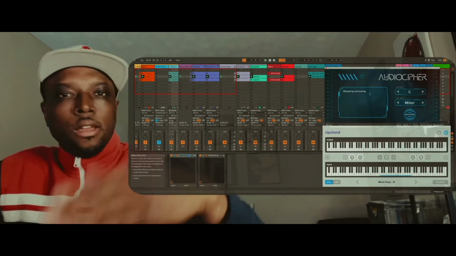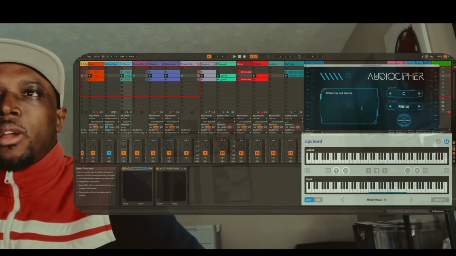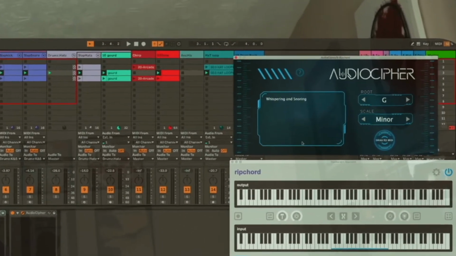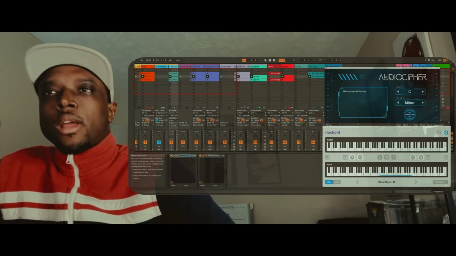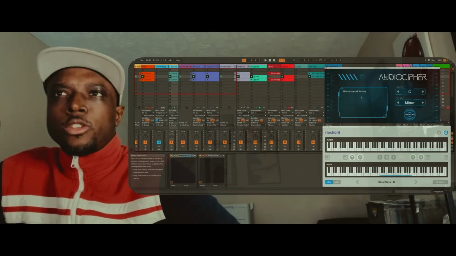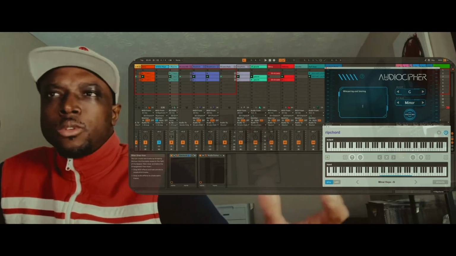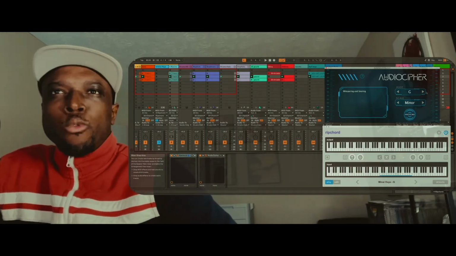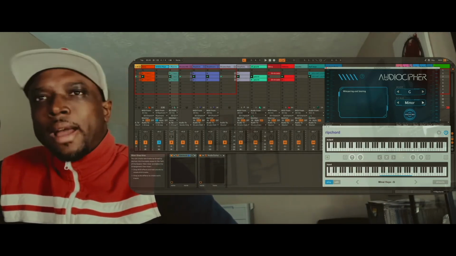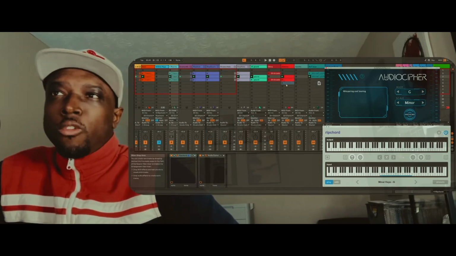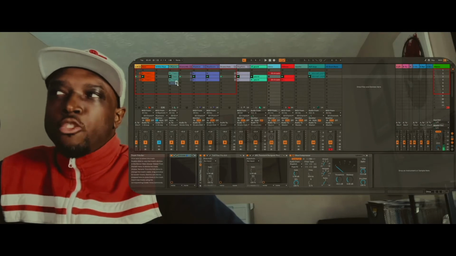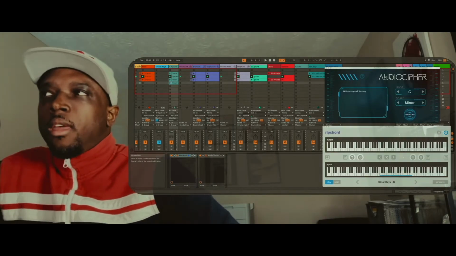So basically, letters, numbers, words, etc., you can type into AudioCipher, and then that will generate MIDI information. So what I did was I typed in that phrase, whispering and snoring, for the preset that I was originally going to start with. I set my root key at G, scale at minor, and then I dragged that information over, creates a MIDI file, and I placed it right here in a track